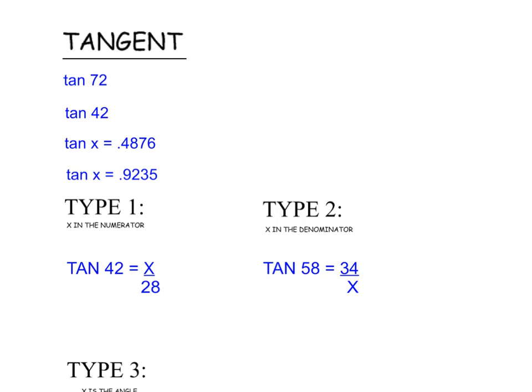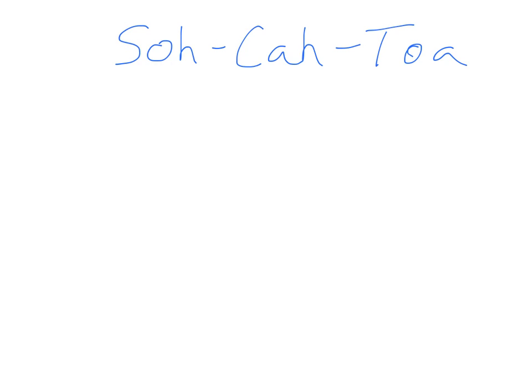Okay, today we're going to look at tangent ratios, specifically trig ratios. Let's break off here and talk about trig ratios in general. This is a term that's going to come in handy to know: SOHCAHTOA. It's just a quick way to remember these things. If I've got a right triangle,